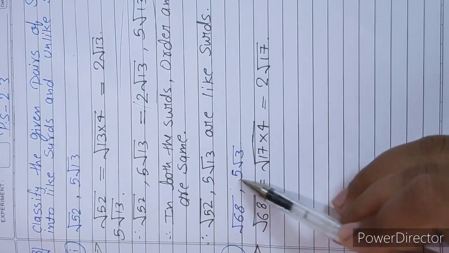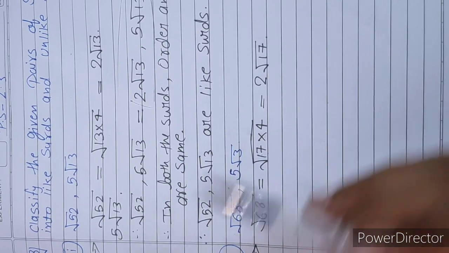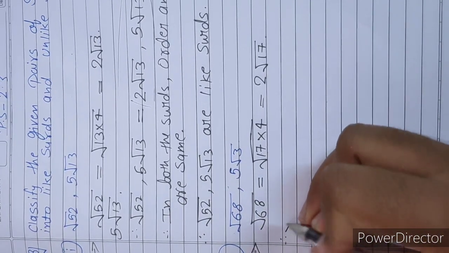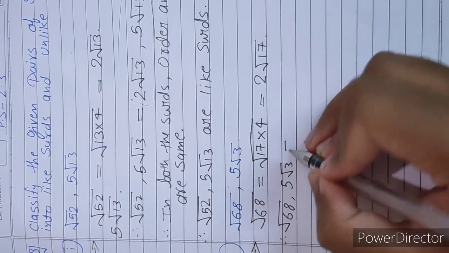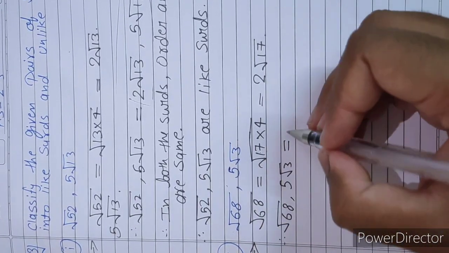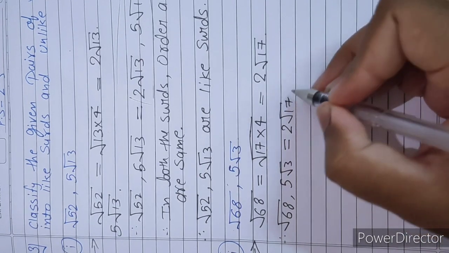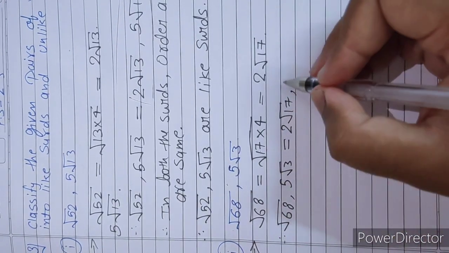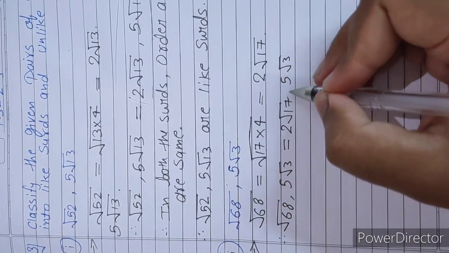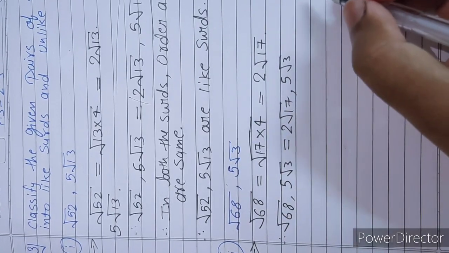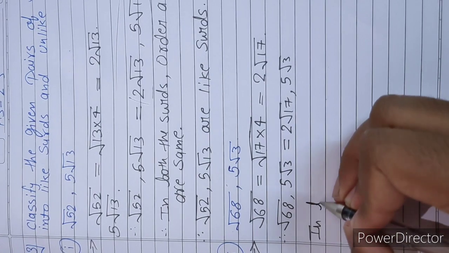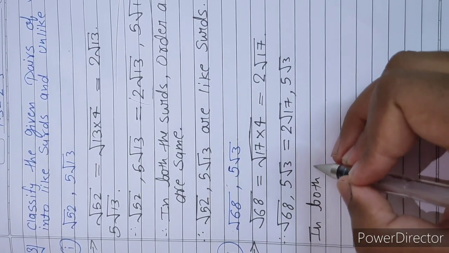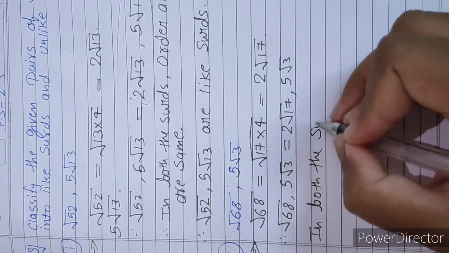And the second surd is simplified, so here we will write root 68, 5 root 3 is equal to 2 root 17, and 5 root 3 is simplified. We are not going to solve that simplified surd. So here in the statement we will write that in both the surds,